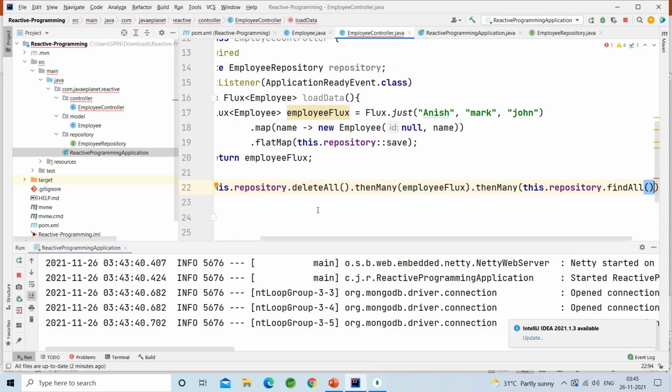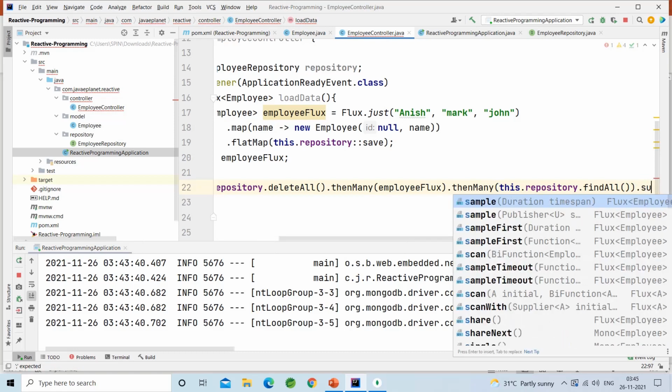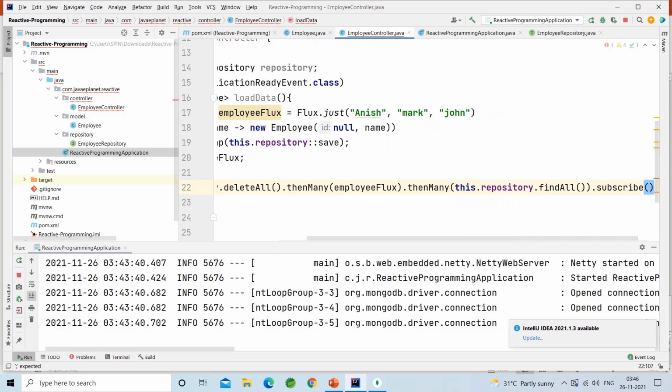That means it will delete everything in the database, and after deleting it will insert the data newly, and after inserting it will fetch the data from the database. Then I want to subscribe and log that from the database into the console.